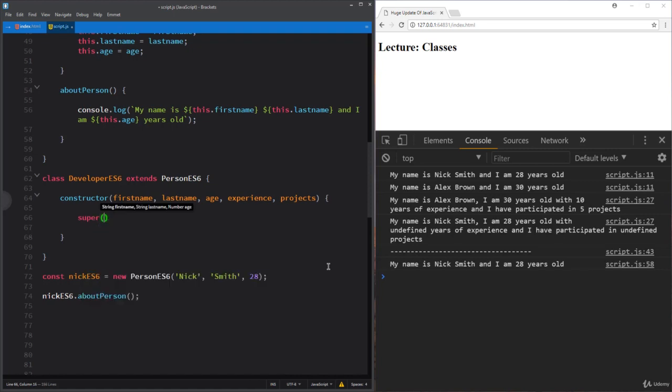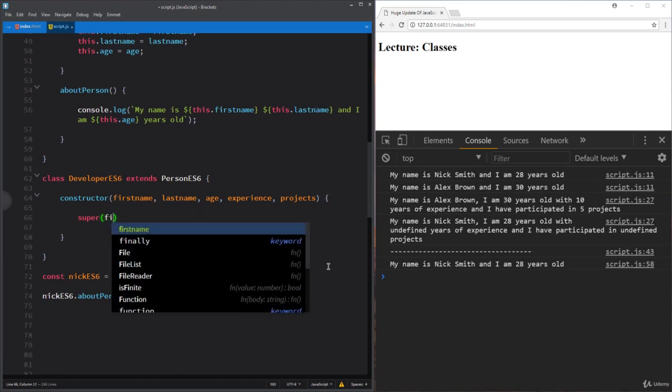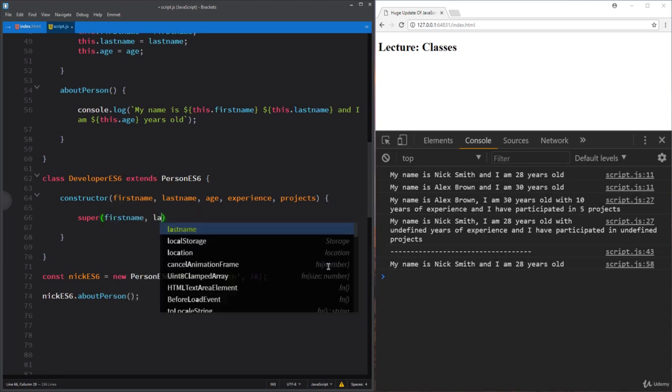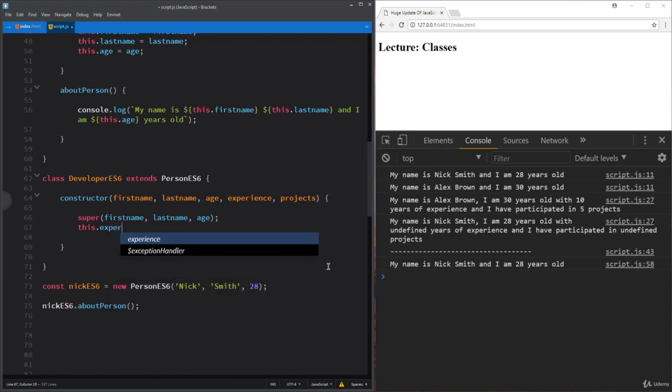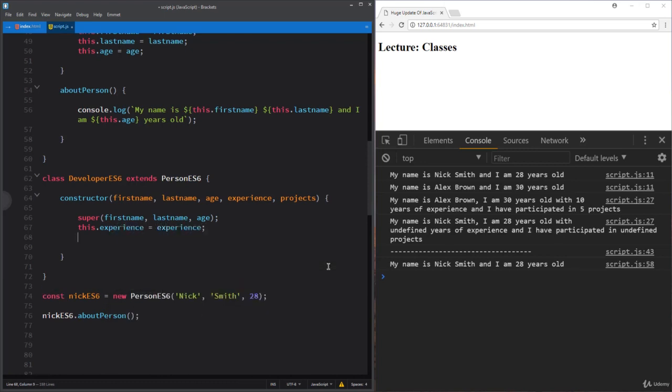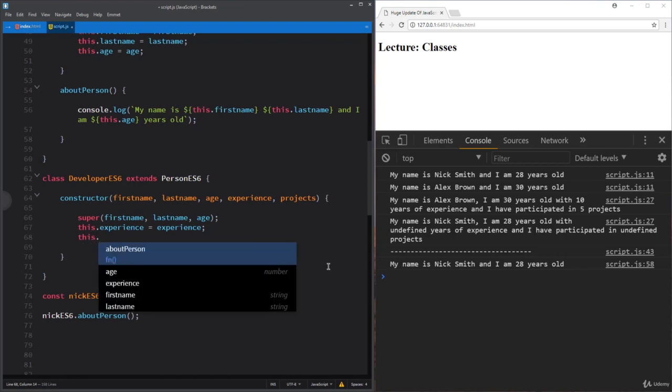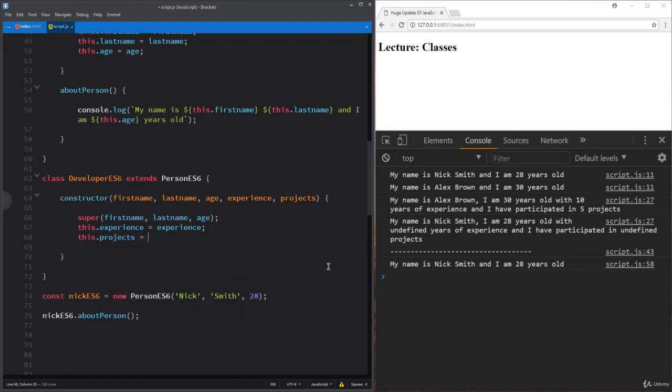Alright, let's use super method and insert as arguments firstName, lastName, and age. And then for the rest of the parameters, I mean experience and projects, we have to write this.experience equals experience